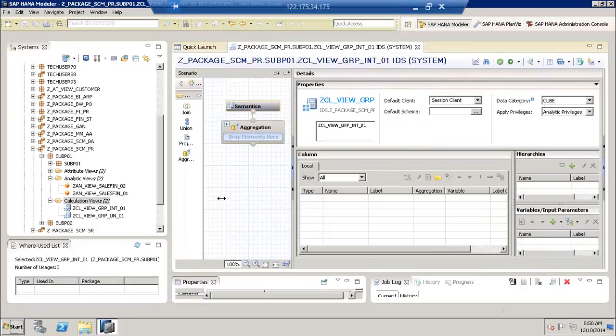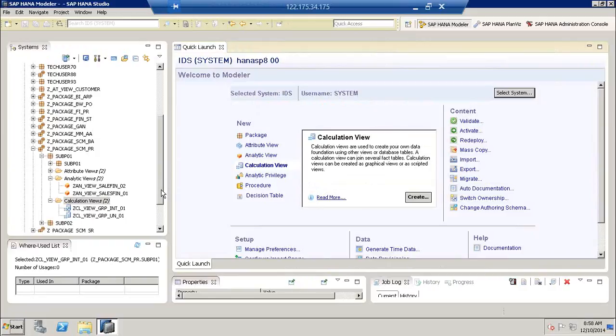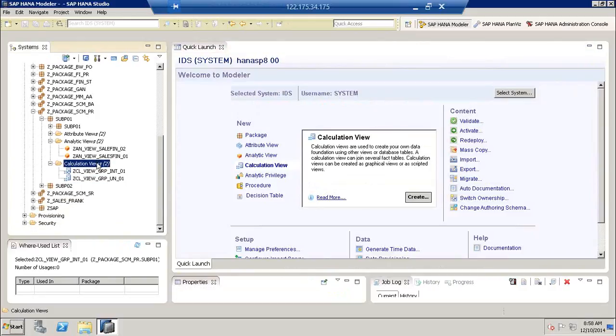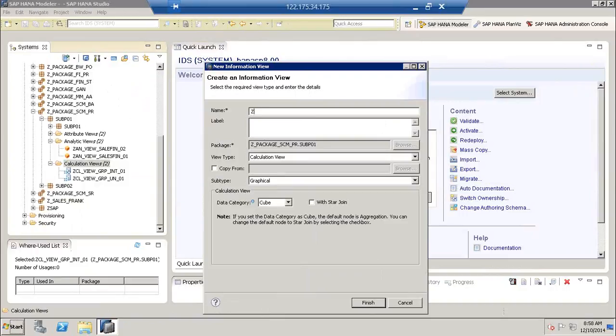We can perform the similar steps of bringing in, or what I'm going to do is save the definition. We can also create a copy from the union and replace the union with an intersection. Okay, that's also possible. I'm creating another one here, ZCL view underscore intersection 02, and then what we do here